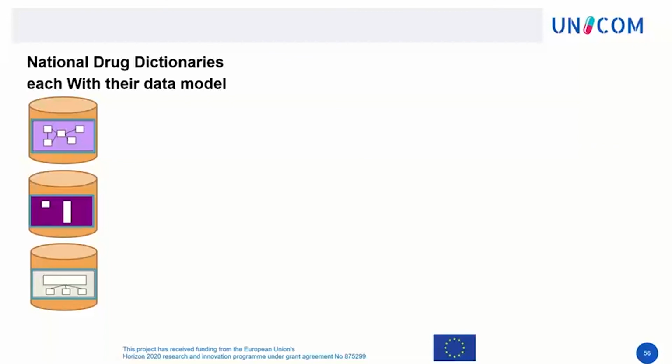Very shortly, trying to summarize what we all heard: we have in Europe a great number of national drug dictionaries. We have 28 countries, 24 official languages, 2 or 3 or even 5 drug databases in each country. And all these drug data dictionaries have their own clinical data model. The idea is now to, next slide,